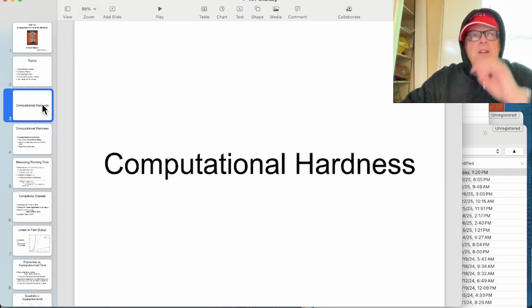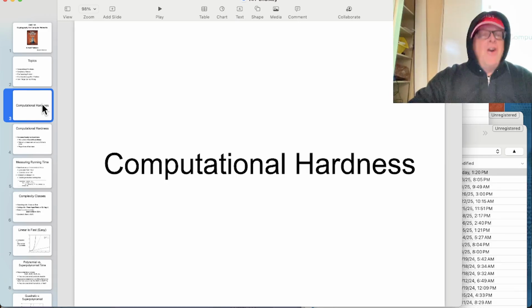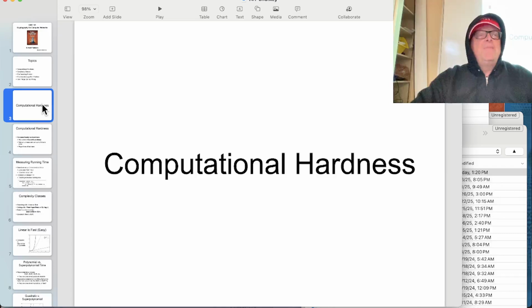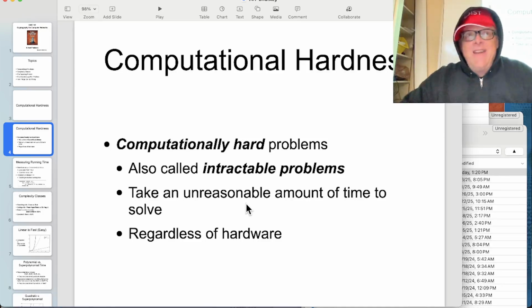But computational hardness, we've talked about some problems are hard, some problems are easy, and of course the whole point of cryptography is to find some problem that is hard and make it hard for your enemy to break into the cryptography. That's the idea. There has to be something hard. That's an intractable problem. And it would be nice if we really had a very strong mathematical, logical proof that the problem is hard, but we don't really have that.